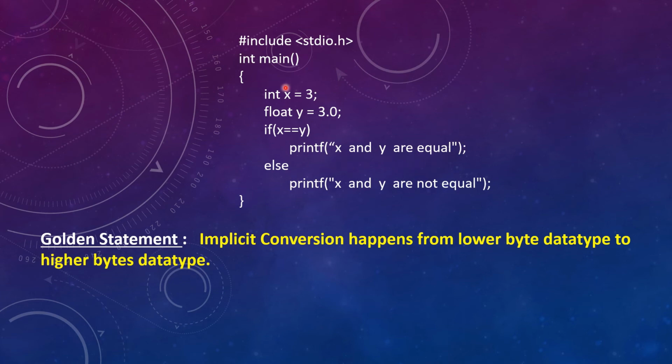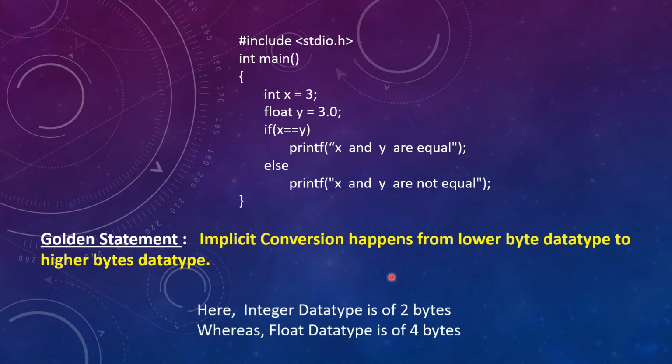So I hope you got this. This is a very confusing thing where many students face issues. So implicit conversion happens automatically from a lower byte data type to a higher byte data type. Let me give you another example. Suppose you have a bucket of 2 liters and one bucket of 1 liter. Can you keep this 1 liter bucket inside the 2 liter bucket? Obviously you can keep it, right? So that is the thing. A smaller byte data type can easily be converted to a larger byte data type. Okay, so keep this in mind.